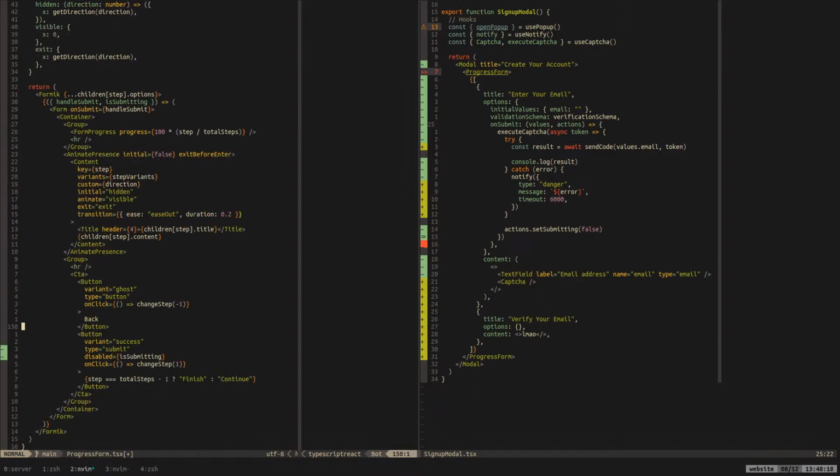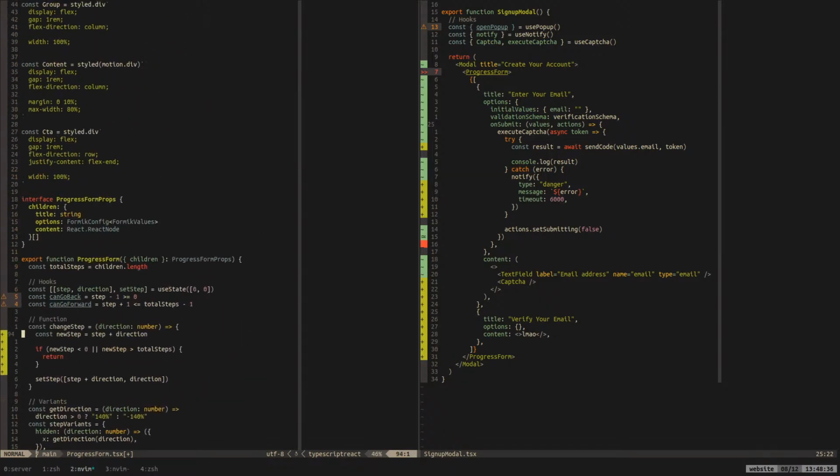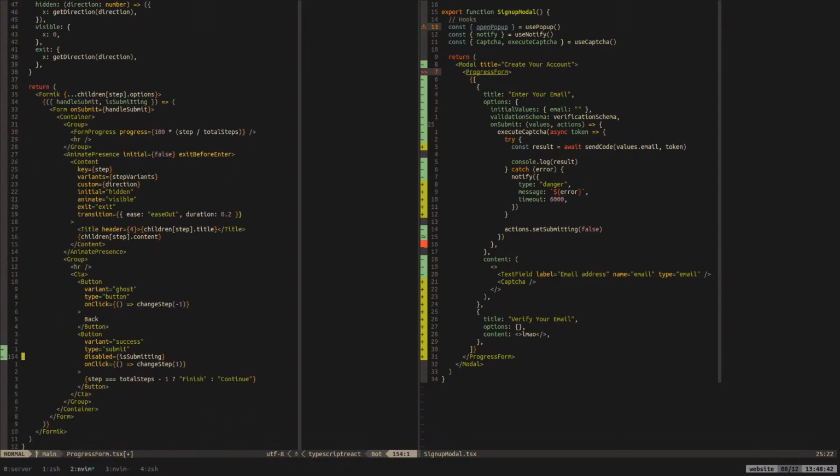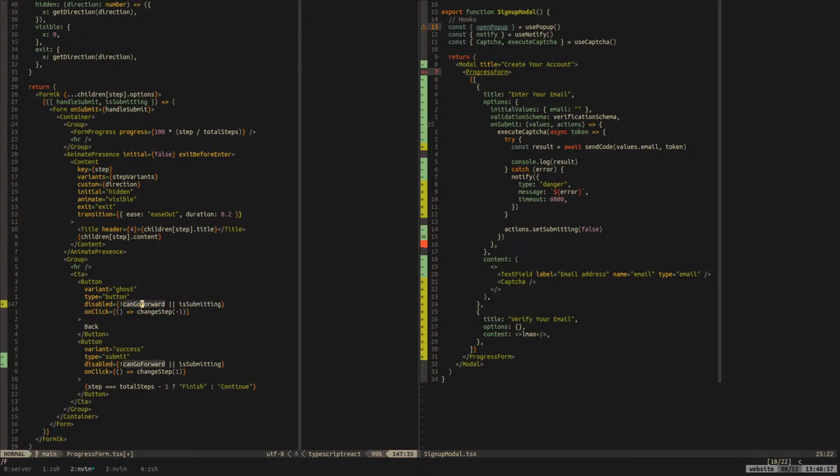And then we can put a thing in here that says, okay, we'll just do it for now, you can't go forward, or you can't go back.